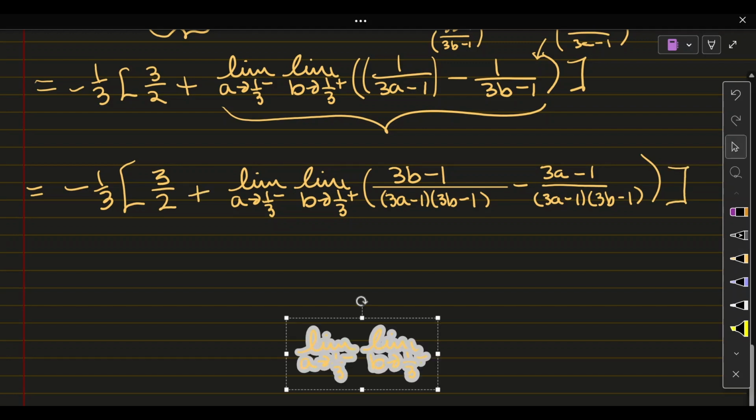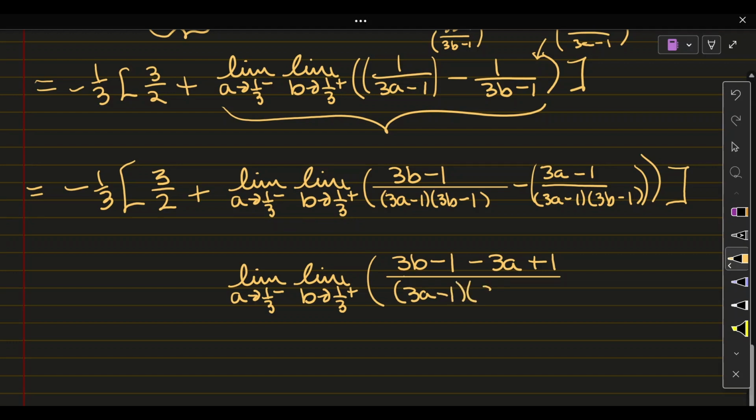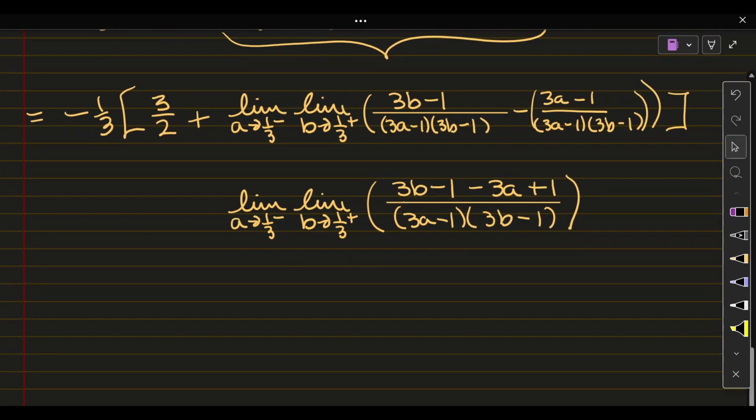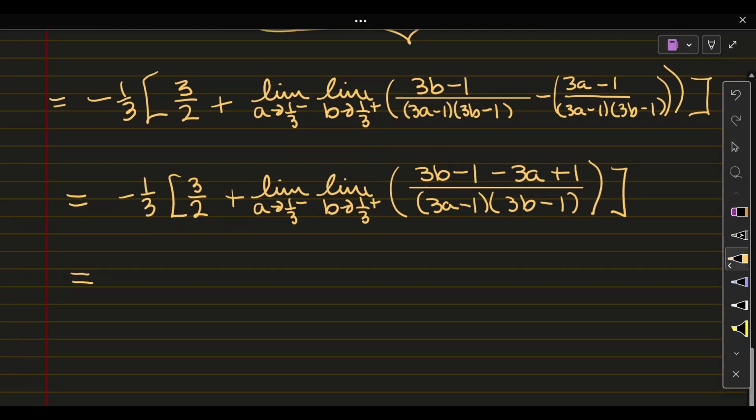And then now, because they have a common denominator, I can add these two fractions. So I'll have 3b minus 1 minus 3a plus 1, right? Because this whole thing is being multiplied by a negative, over 3a minus 1 times 3b minus 1. Okay? Now, go ahead and write this out so we're being nice and clear. Okay. Plus,